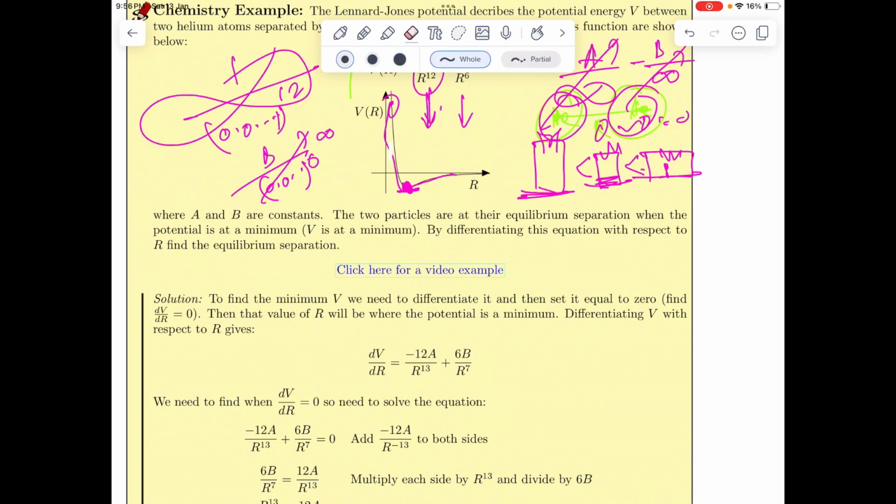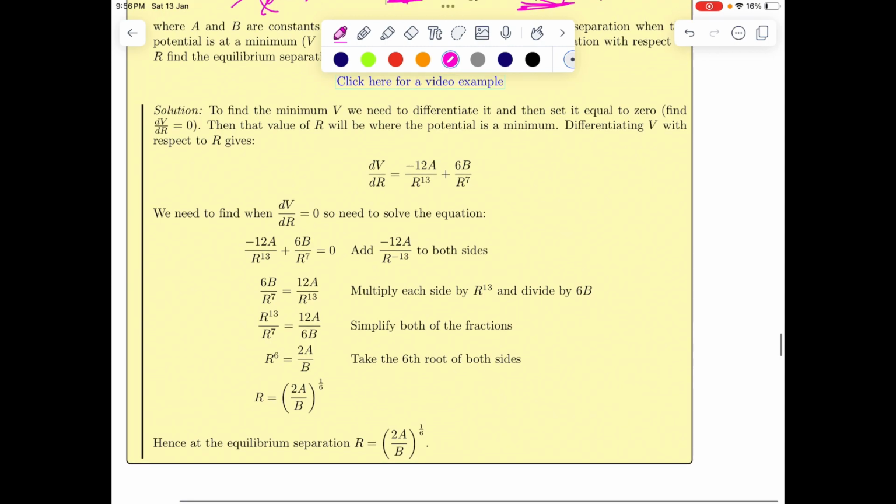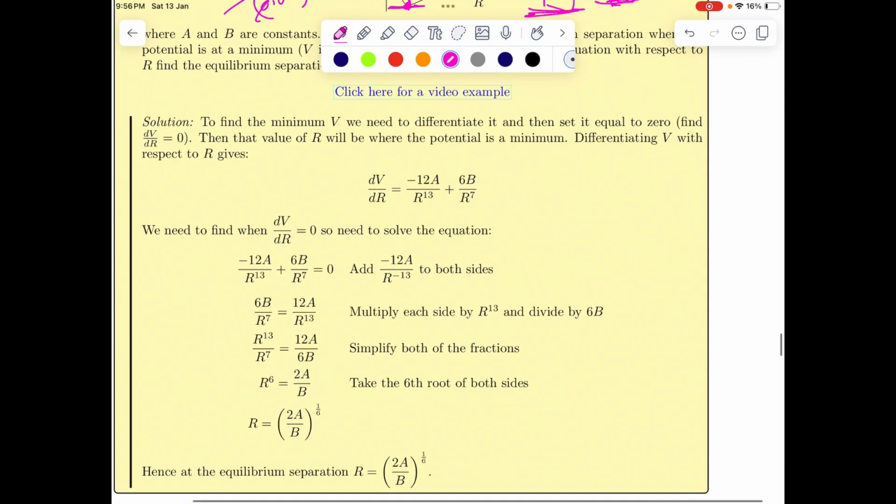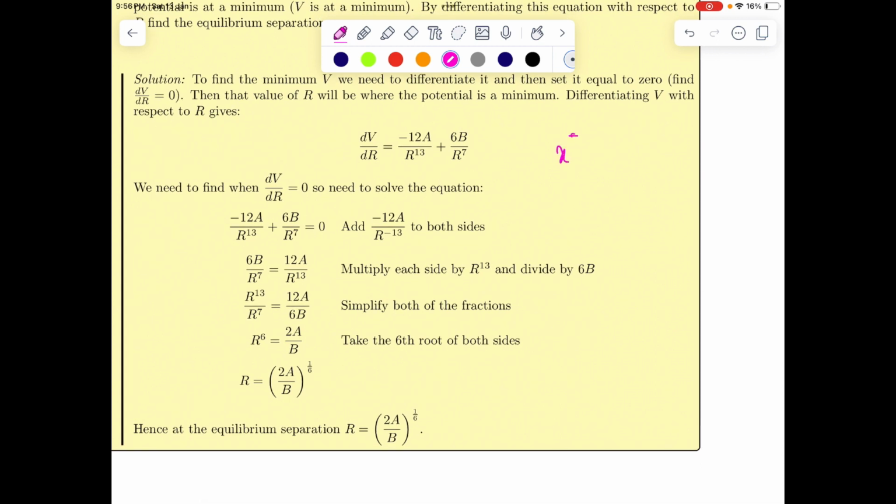Anyway, how do we get the radius at which this helium will be in equilibrium position? For that, we just need to differentiate this function. It means if we differentiate, we want to find a point where the slope will be 0. So this r is special. Now we'll definitely use mathematical tools. So dV by dr, if we calculate,